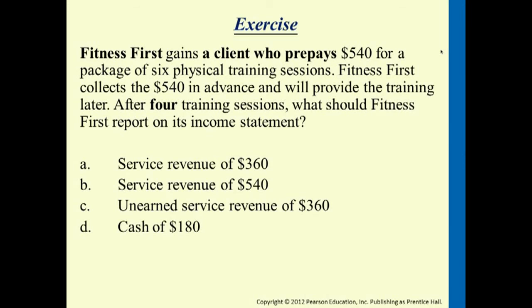So in the beginning, when Finis first gains a client who prepays $540, the entry would look like the entry that we covered earlier. We have cash collected, $540, and we have an unearned service revenue generated because we owe the client $540 worth of service. Right now, at the end of the month,